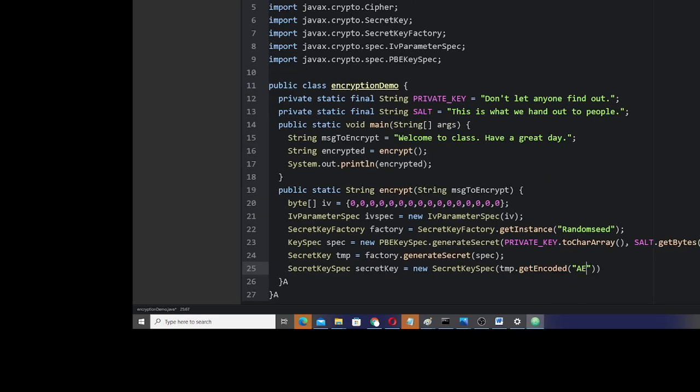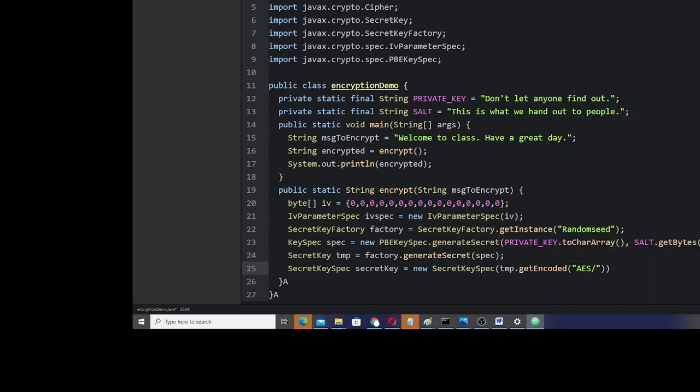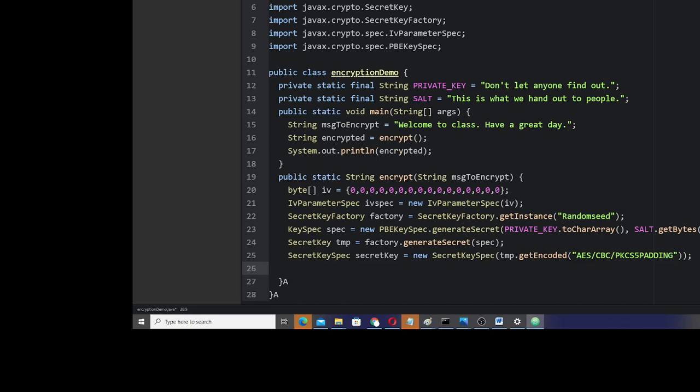I'm going to use AES, which is the Advanced Encryption Standard, and then CBC and PKCS5 padding. This isn't always the same. These can vary depending on how you want to initialize the cipher, basically the secret key spec to work. And then after that, we have to,